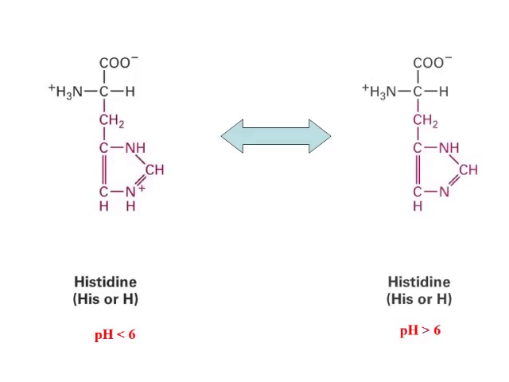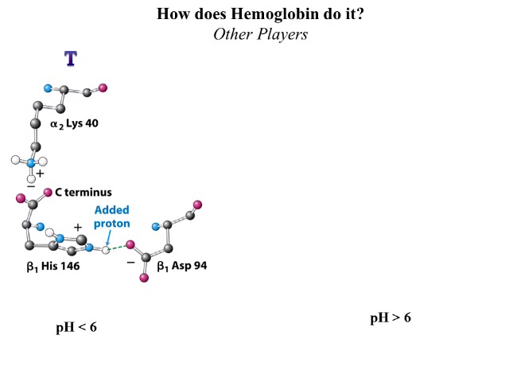What happened here is we have the histidine that, if the pH is low, if you're at acidic pH, will be positively charged. If we go beyond the pKa, the pH is higher, then we're going to have it as neutral. This is the trick that allows histidine to do what it does in hemoglobin. So, at low pH, since it's positively charged, it will form an ionic interaction with aspartic acid number 94. Now, we don't need to memorize the numbers, just be aware of the amino acids. This is a stabilizing force, just like the hydrogen bonds and the ionic interaction with the DPG. This force also will stabilize the tense, oxygen releasing